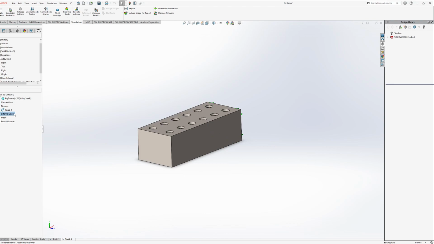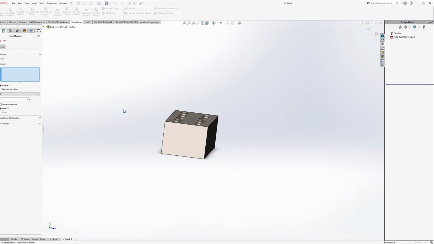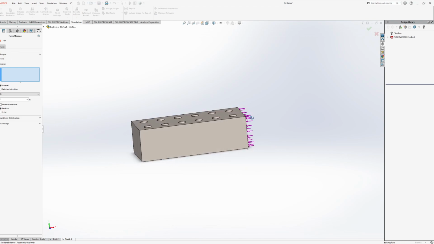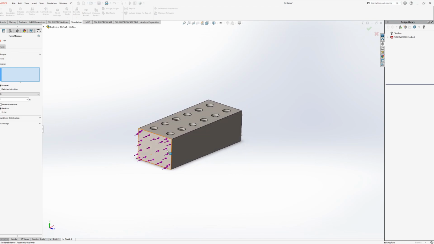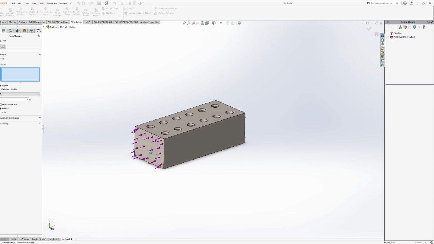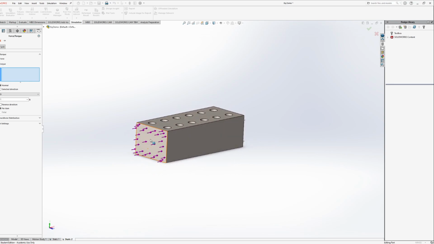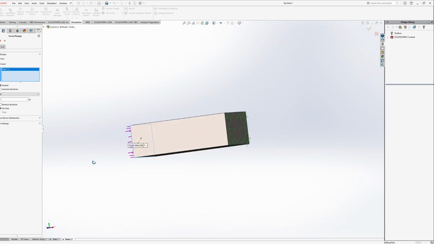If we right click on external loads, the very first option should be force. You'll probably see that there's tons of other options there as well. There are options to add torques, pressures, gravity, temperature, like I mentioned. So far more things than I had mentioned in the very first place. And very similar to what we did, rather than putting it on the same end that we had fixed, which would effectively be meaningless, we want to put it on the very opposite end of this geometry. Now we have these purple arrows, and if we select them,